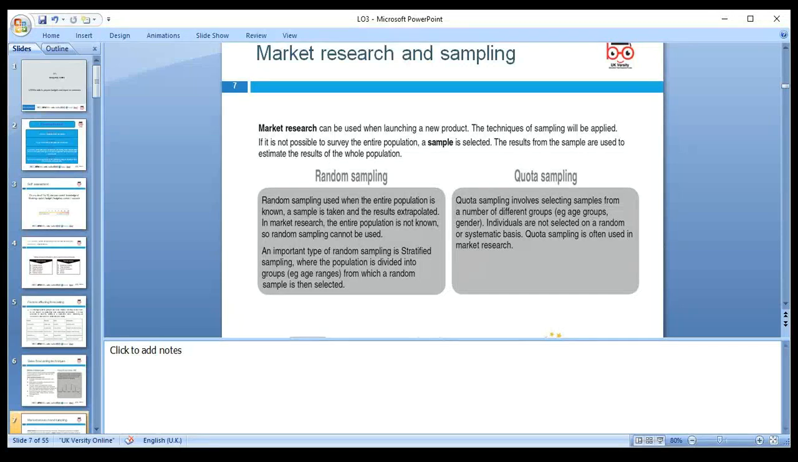Okay, next we're looking at market research and sampling. Market research can be used when launching a new product. A sampling technique will be applied, and if that is not possible, we survey the entire population. A sample is selected, and the results from the sample are used to estimate the result for the whole population. So the sampling, random sampling can be